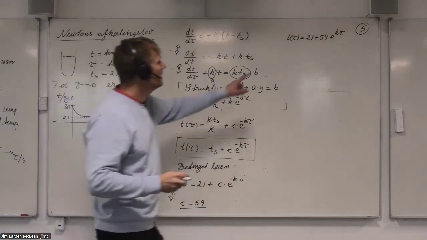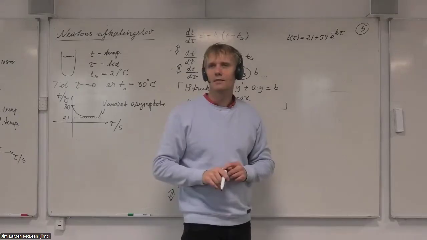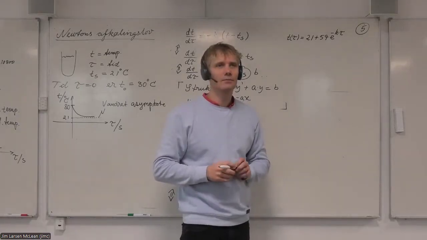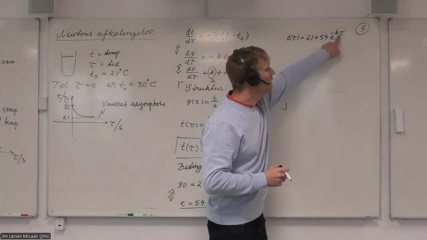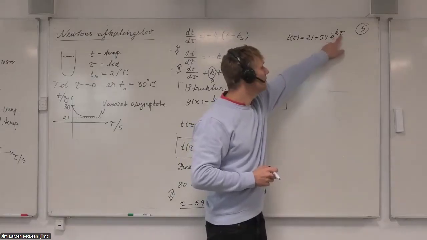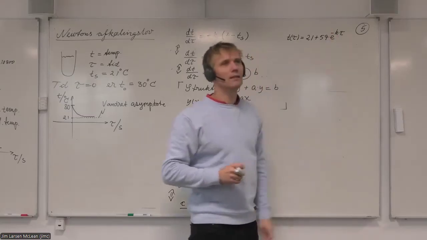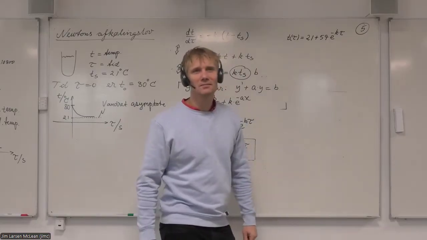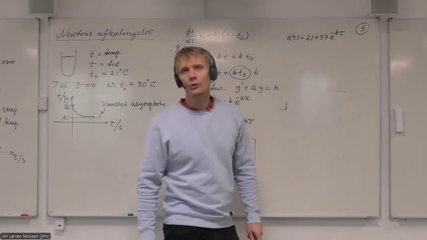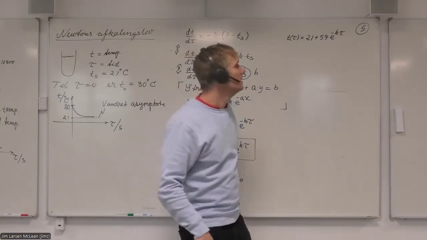Try looking here. If this is the temperature of the coffee, where does the coffee end up after an infinite amount of time? When tau is infinite? Well, then it's e to the power of negative infinity, because k is a finite number. So when tau becomes infinite, it dominates whatever k is, no matter how small k is. It will become infinitely negative. And e to the negative infinity, that is 0, says the physicist. Mathematicians say that it approaches 0 as tau approaches infinity. And in good terms. But physicists say it's 0. So that means it's 59 times 0